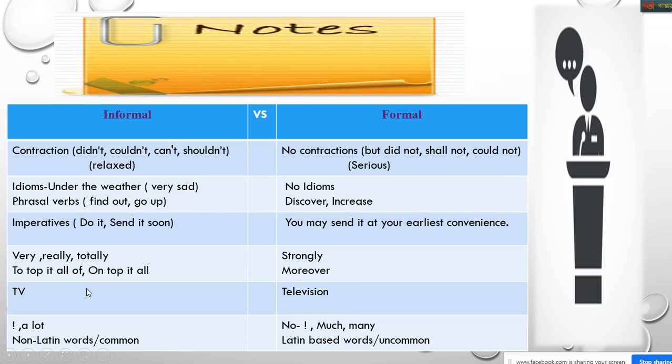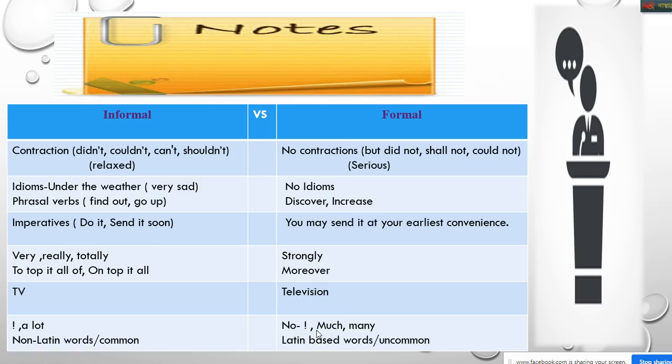Okay, you see TV, TV. You can use this word in your informal writing, but if you go for writing a formal letter, never write TV. Of course, you have to write television. Okay. Then in formal letters,